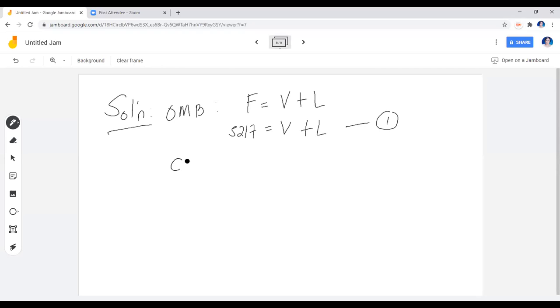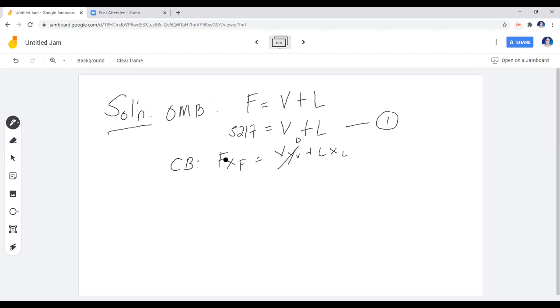Then we do component balance. When you do component balance, it's based on your overall material balance. You simply multiply the streams by their corresponding mass fractions. So your weight percentages, so V, Y, plus L, X, L. Now, normally, as I have mentioned, this is usually 0. The problem is silent about entrainment. We don't have any solids going over to our vapor or carried over by our vapor.